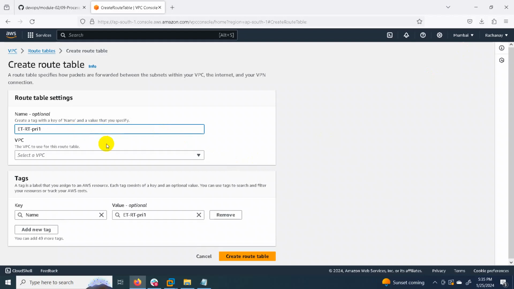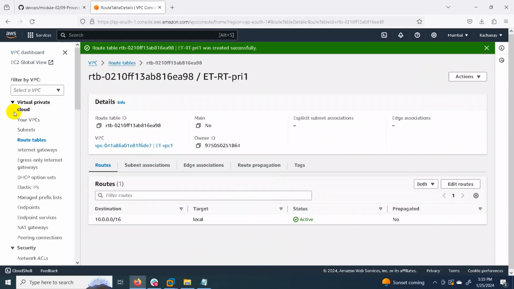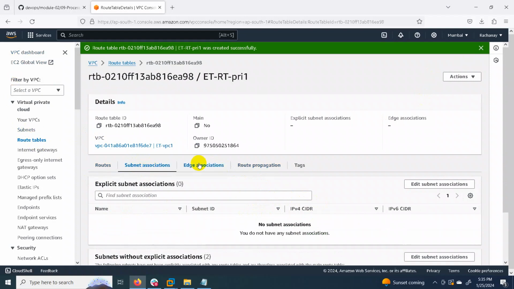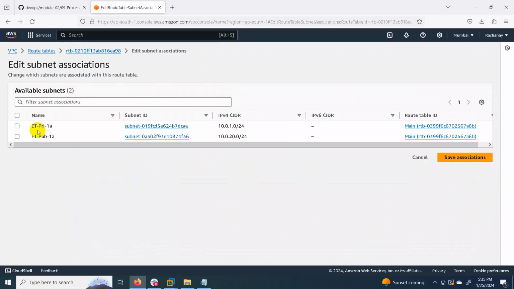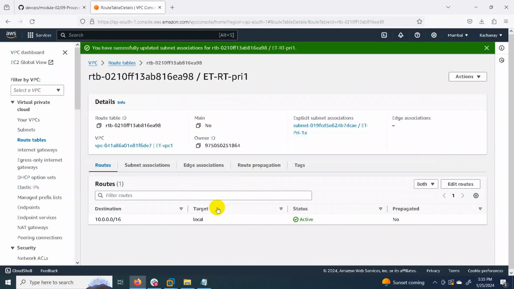Private one. Which VPC? ET VPC1. This we have created, the first route table. After creating this route table, go to subnet association. So this is our private route table. We are editing it to select the private subnet, and save association.